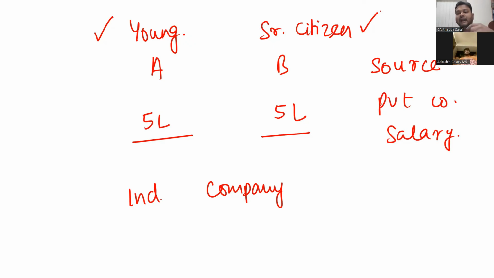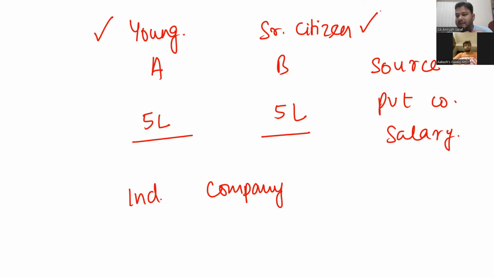So some income is called exempt income, then there are deductions. After exempt income you arrive at the gross total income. Then from that you get some deductions, some more benefits. After that you arrive at the total income or taxable income. Then on that you apply the tax rate, and even the tax rate is not the same. It is different for a young person and a senior citizen. So it is a little complicated because of these things, right?